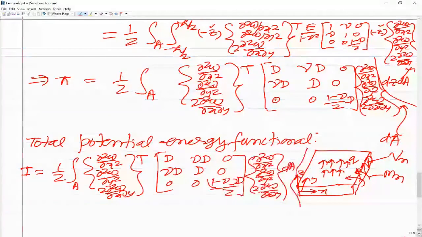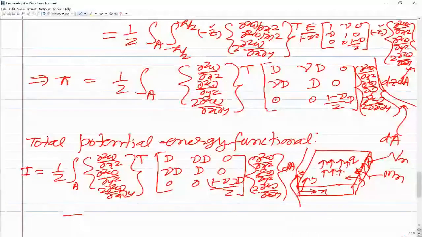minus the potential of, so w, if you look at this Q, over a small area dA, force would be Q into dA into w, the displacement along z direction will give you the work done, and negative of that would be potential, and then you integrate over the entire area. So the integration over area, and w transpose, w is scalar anyway, so I'm writing it as w transpose into Q dA. So this is the potential of externally applied distributed load Q along the z direction, and